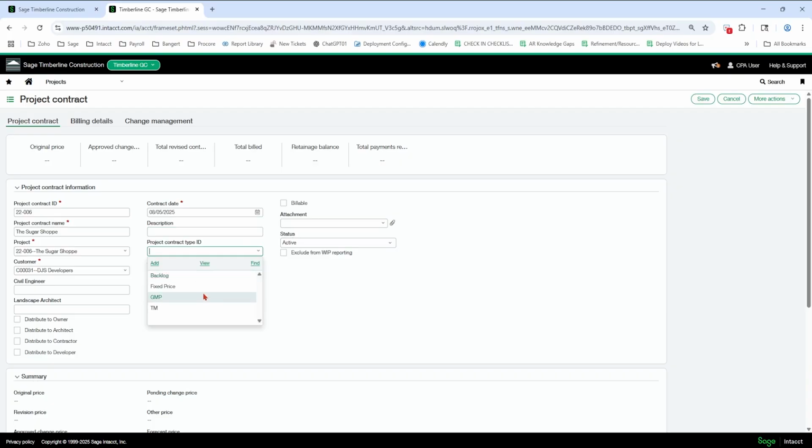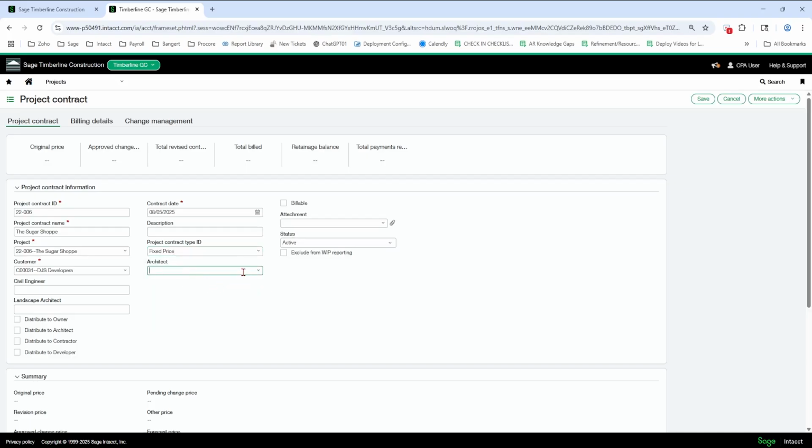Project contract type. Okay, so this is going to be what we talked about, where it's going to be like the type of form, the type of billing it is. Is it lump sum, AIA? So I don't generally like these ones that are set up. I like to have the type of form it's on and what type of billing it is. Fixed price, T&M with GMP, etc. Okay. So I'm just going to pick one here.